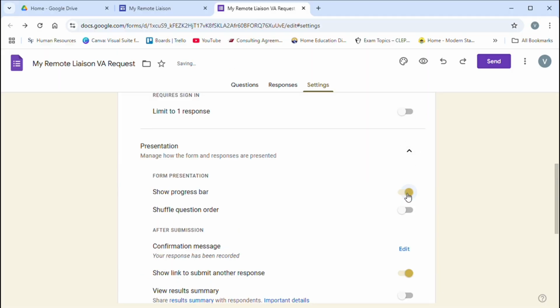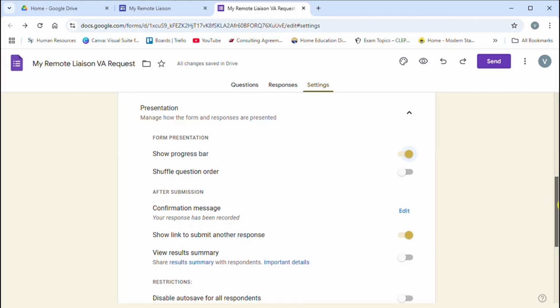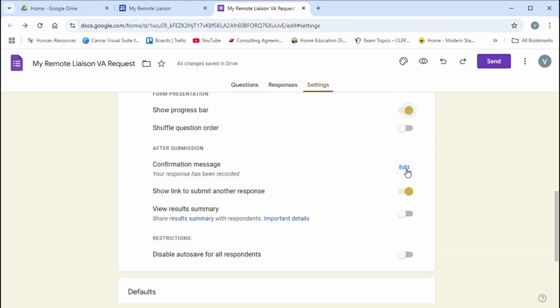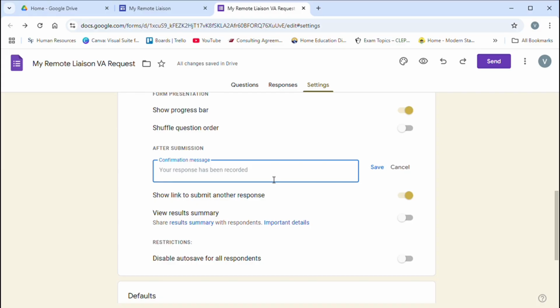and I like to show a progress bar, especially if there are a lot of questions on the form. If it's a quiz, you might want to use shuffle question order, and then I do a confirmation message. So that can be as long or as short as you need it to be. Maybe putting the next steps in the process, if you need to link a payment form there. Of course, thank them for their business or for reaching out to you, so that you can provide that higher